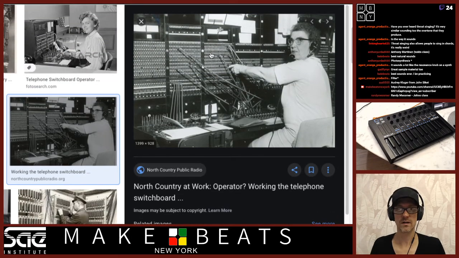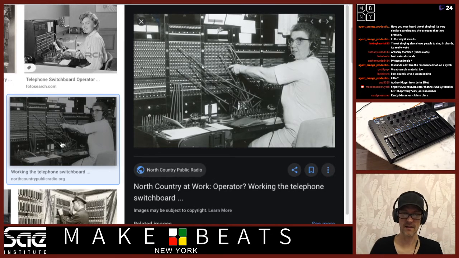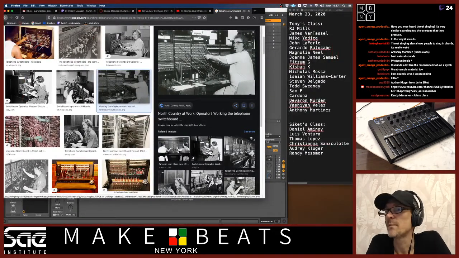That was how you connected it together. It wasn't automatic. You didn't dial a number the same way we do these days. The technology just wasn't there. So that's what was happening with these old switchboards.